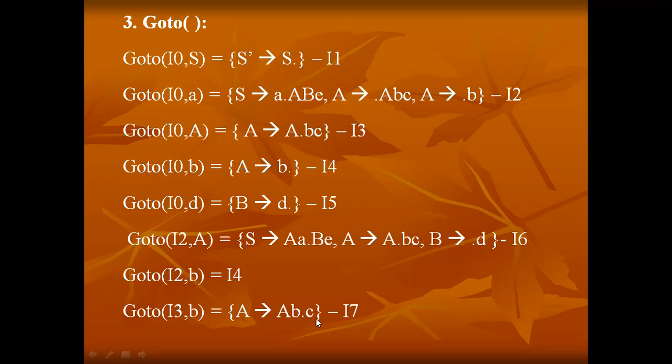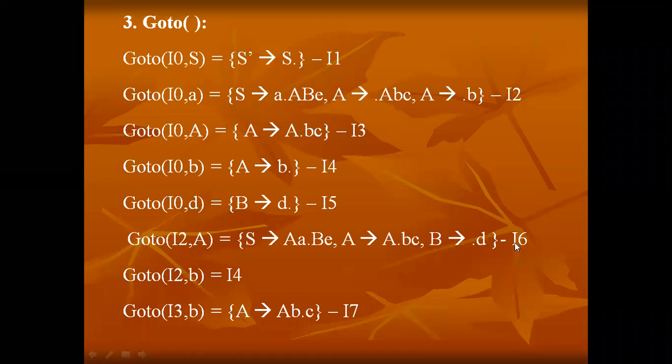What does it mean here? I call the goto function for the B at I3. So the dot which was appearing before, after processing, appears after the B. And it is also a new rule here, so I am naming it I7, right? It is a new item number. Now I3 is completed, and there is nothing to do in I4 because in B dot, there is nothing in the RHS of this rule. Now D dot, nothing is there in the RHS of this rule.